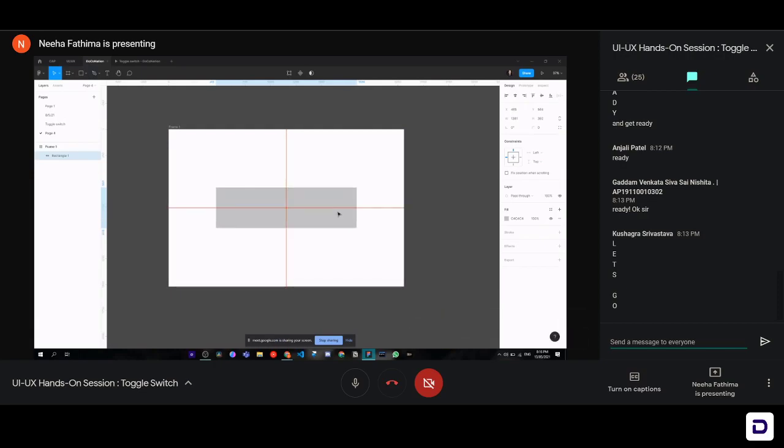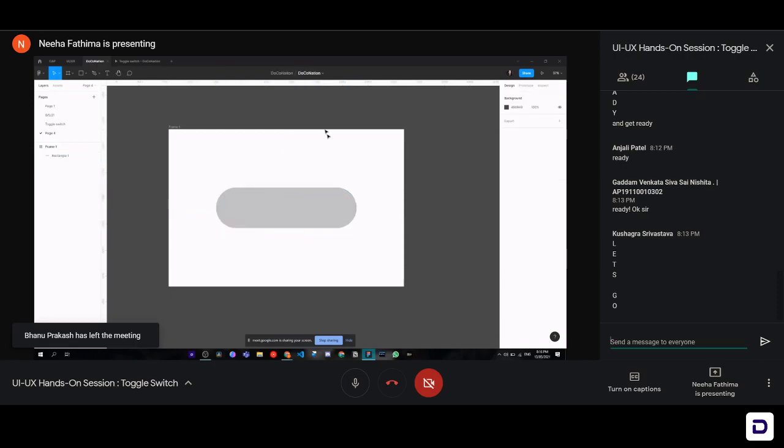Okay, we'll center it a little bit and we'll go to our properties panel on the right side of the screen. We will click on this little thing that you can see to increase the border radius. So we will make the border radius about 500. So now you can see it looks very smooth and the corners are properly shaped. So now we've got a proper little button, a rectangle over here.